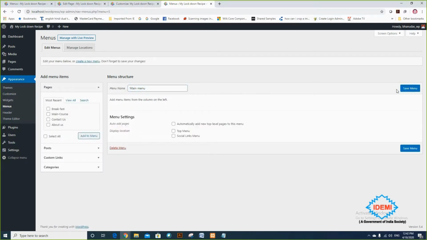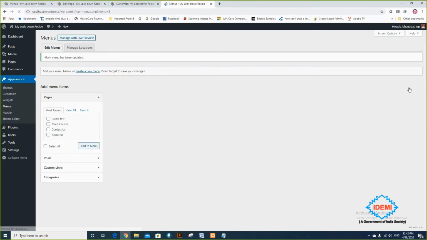Before that, if there are some menus already available while doing practice, in that case you remove those menus and then start from scratch, which I am showing right now. So how do you do that? Suppose I am saving a menu as main menu. It doesn't have any option.